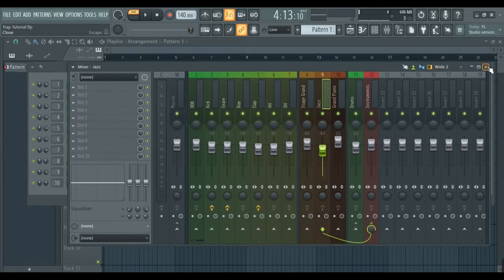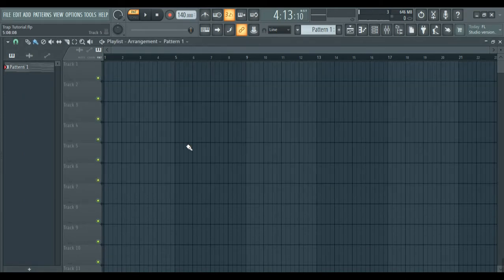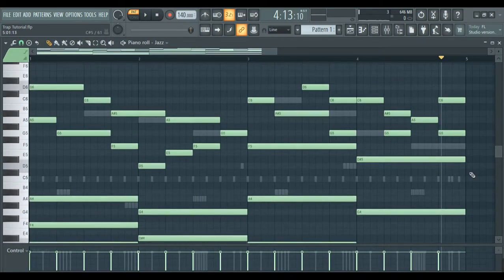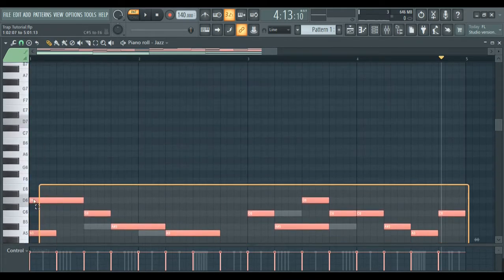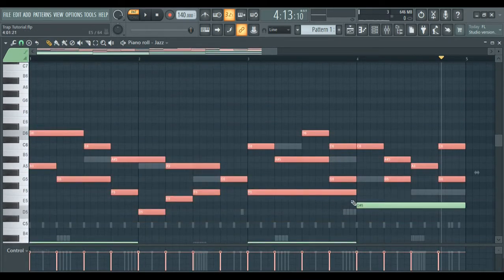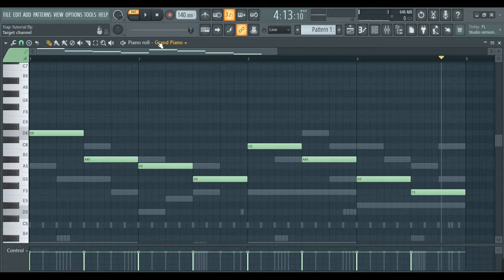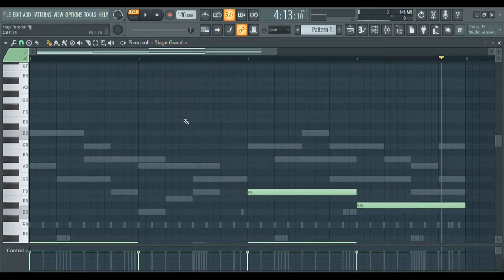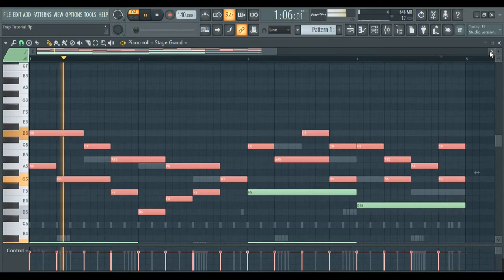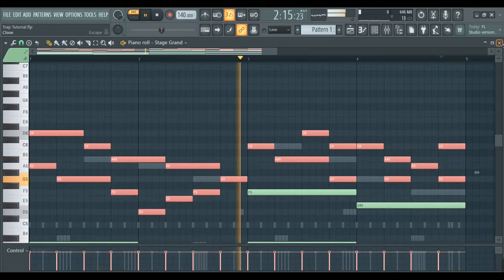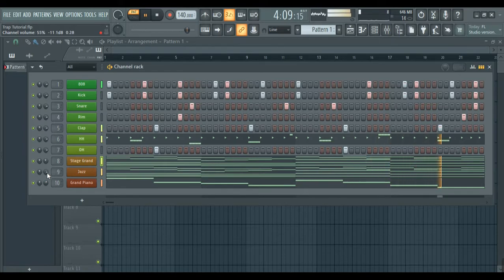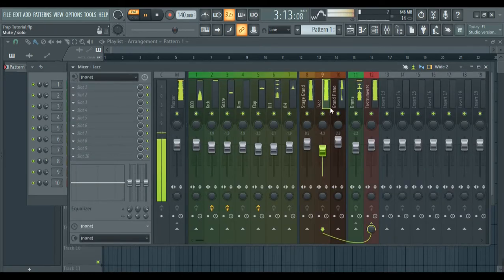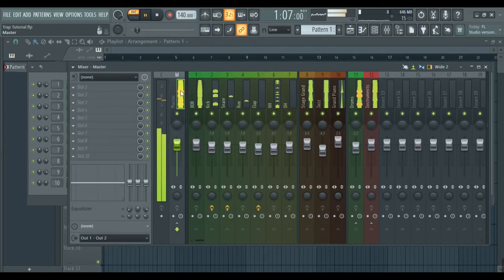One thing we can do is let's go to the piano roll of this jazz guitar right here. I'll select all these notes and deselect all these. I'll copy it. I'll go to the stage grand. I'll paste it. I'll decrease this just a bit,